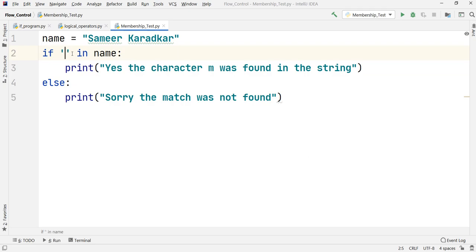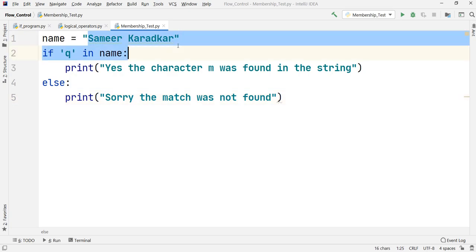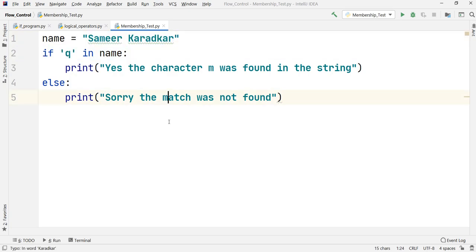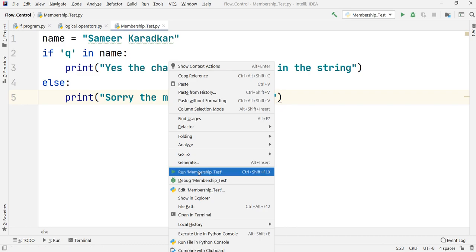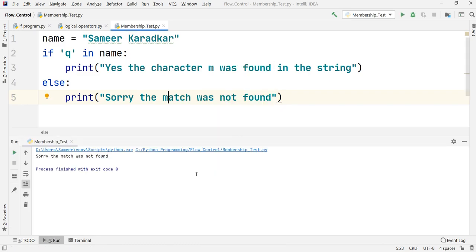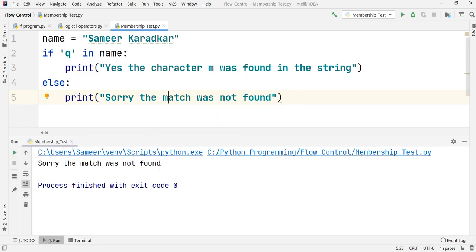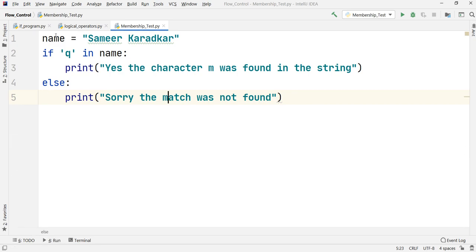But what we can do to check our code is, suppose I replace it with Q. As you can observe, there is no Q letter inside my name. Let us run this code to check what output we get. As you can observe, it says, sorry, the match was not found. So basically this is in, which is called a membership test operator.